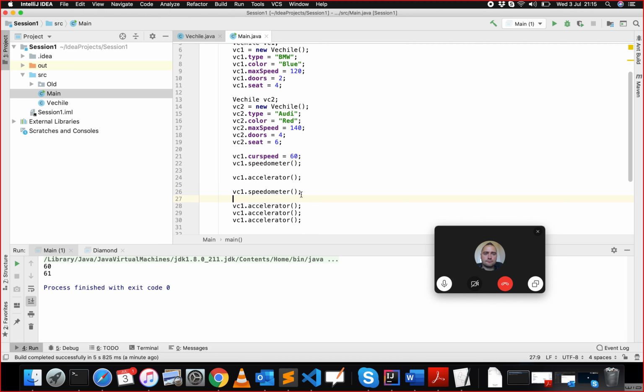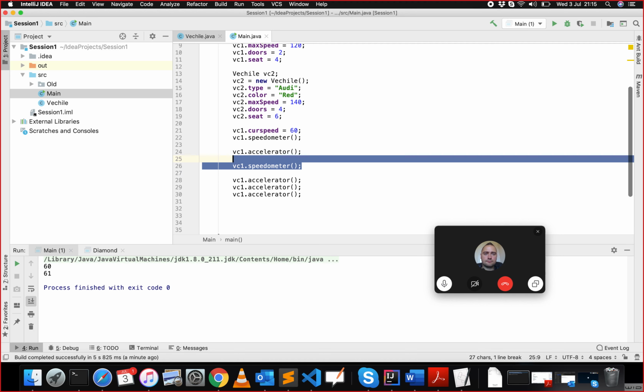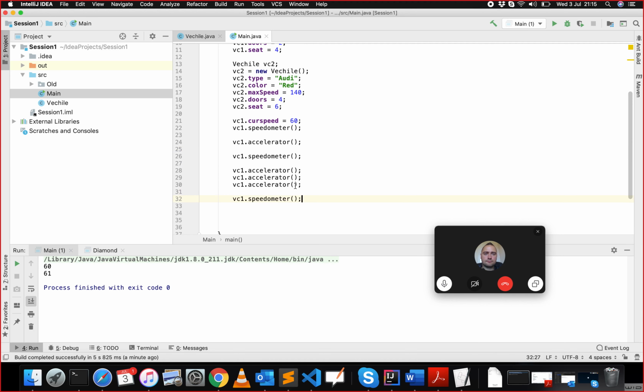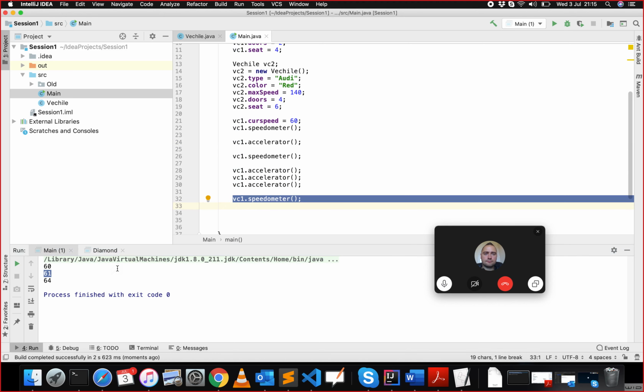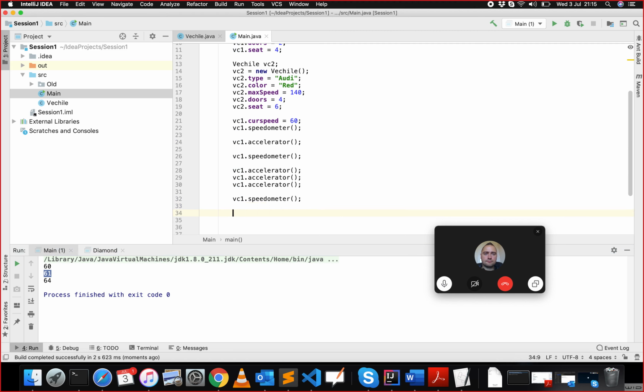Now if I check the speedometer, it's going to say... if I went again... So it started with 60, and then I gave one accelerator and checked the speedometer, it was 61, and then I pressed the accelerator 3 times and checked the speedometer, it was 64. That's absolutely fine. Now if I press brake,